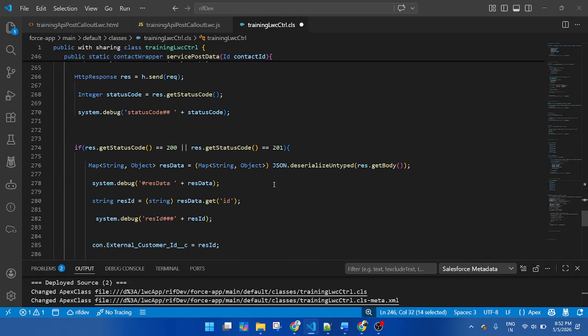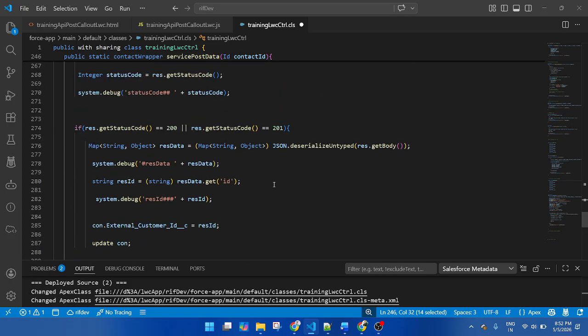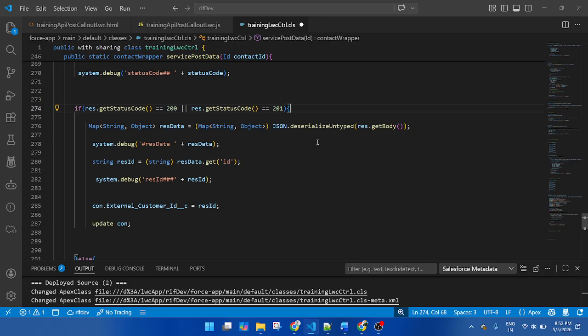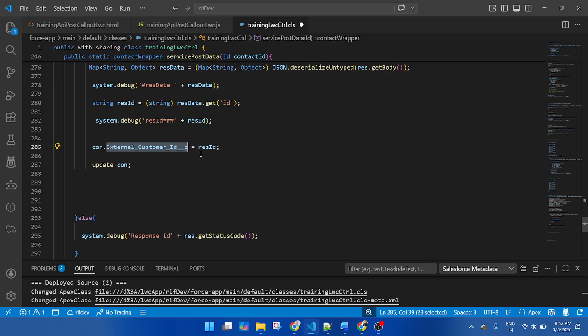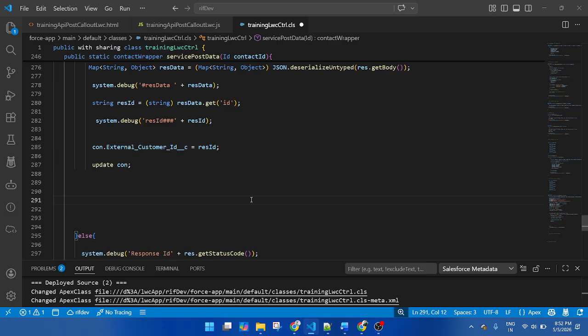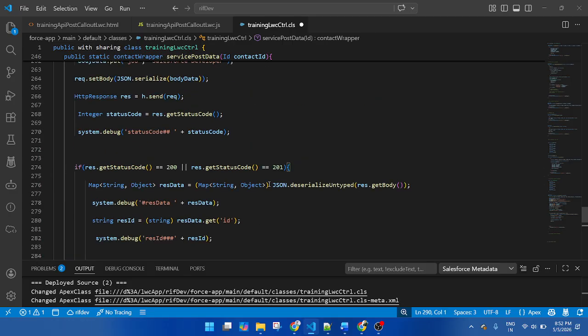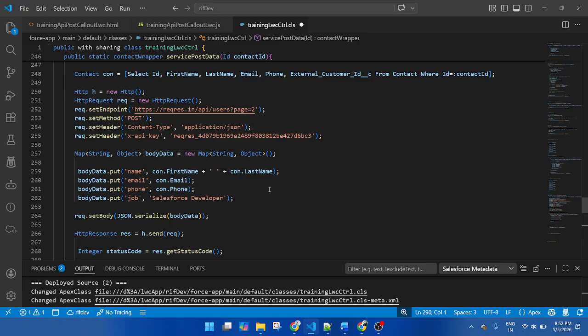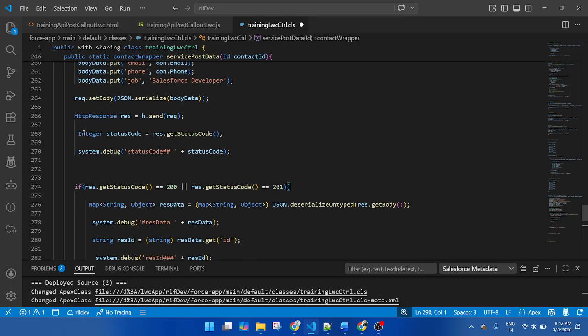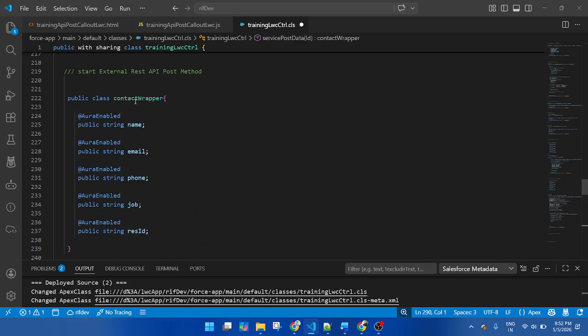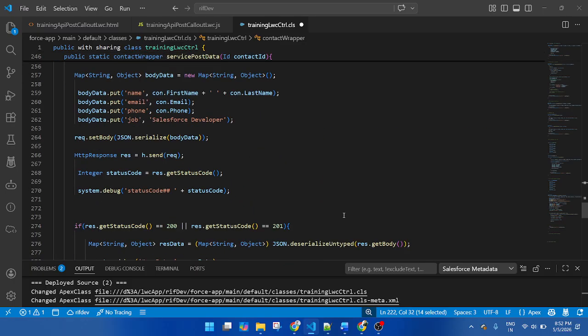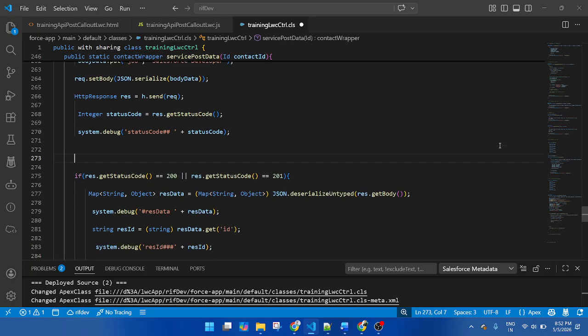So here, after the if condition, inside the if condition, this is the field where I am updating the response ID. After this update I will create an instance. First I will create an instance so that I can add the values. So I create the instance for the wrapper before the if condition.